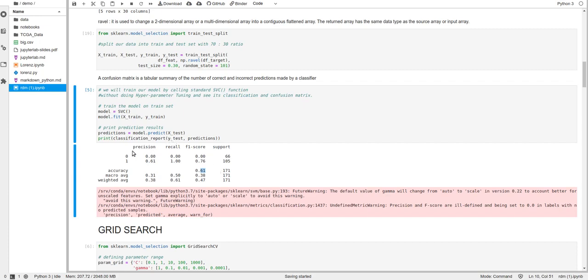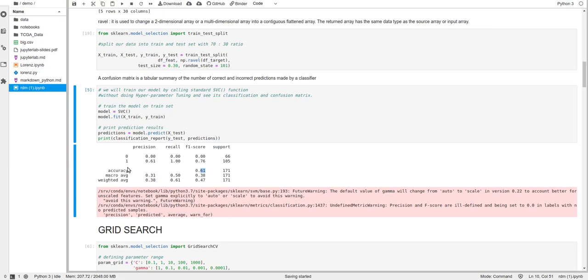Now here we can see the precision, recall and F1 score for class 0 is 0 for all. So from here we can say that the classifier is always classifying everything into a single class, that is class 1, right?